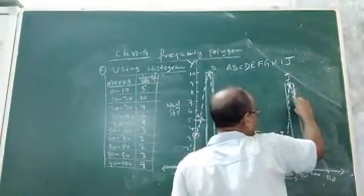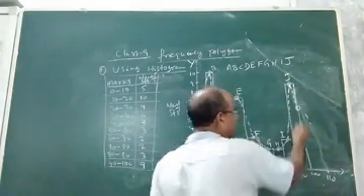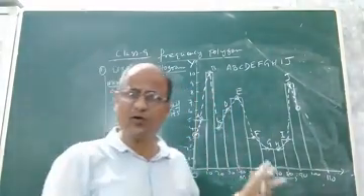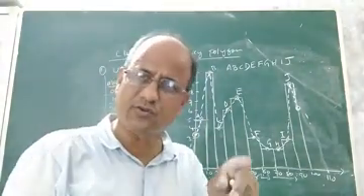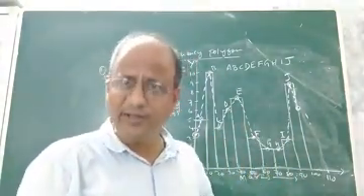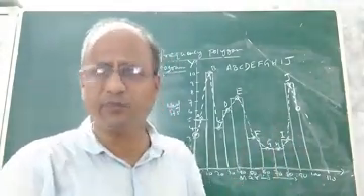You see, it will intersect. Suppose it intersects the last bar at this point. Now it is closed. Now the curve A, B, C, D, E, F, G, H, I and J is closed. So this closed curve obtained by joining the midpoints of the bars or rectangles is nothing but a frequency polygon.